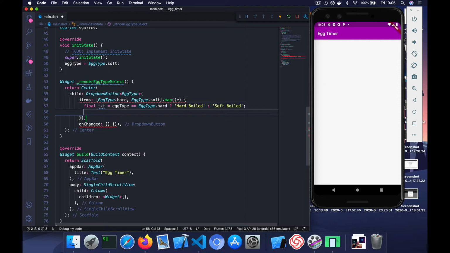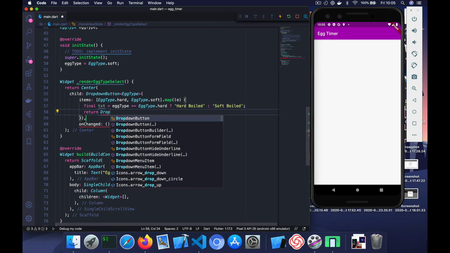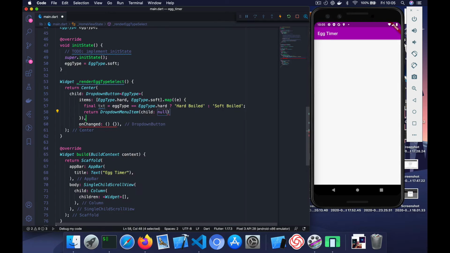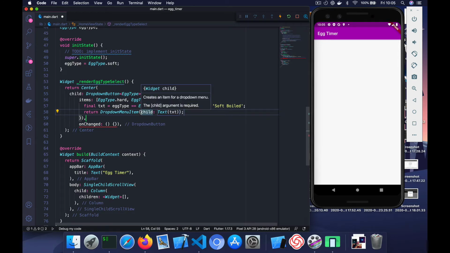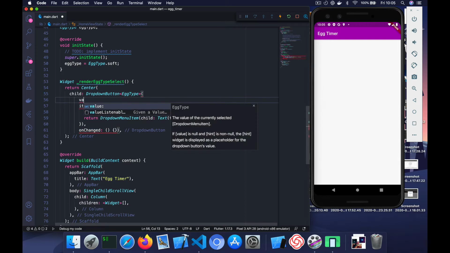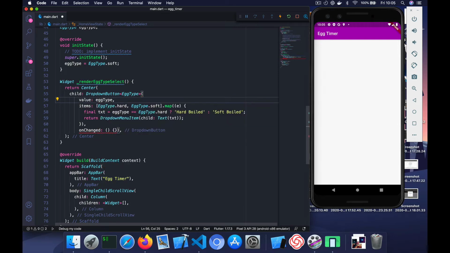Then let's return the drop down menu item. Then let's set its value. Its value needs to be egg type. Then on change,